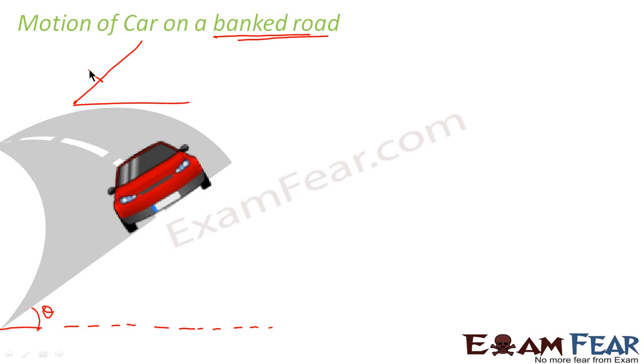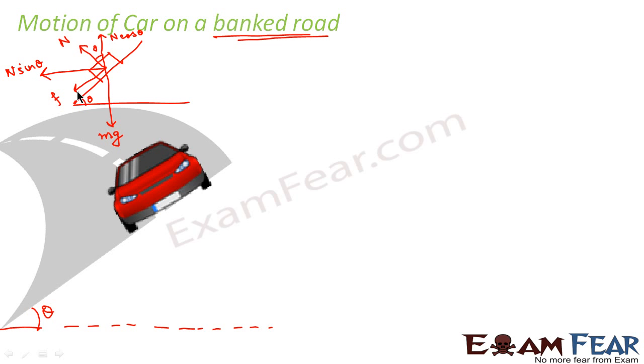Let us suppose this is the car of mass m. It makes some angle theta here. Let us suppose the weight which is acting downward is mg. The normal reaction would act normal to the surface of contact, so this would be N. Now if this angle is theta, we can say this would be N cos theta, and this would be N sin theta. Correct? Now there would be a force of friction which would act along this direction. Let us denote it by small f.